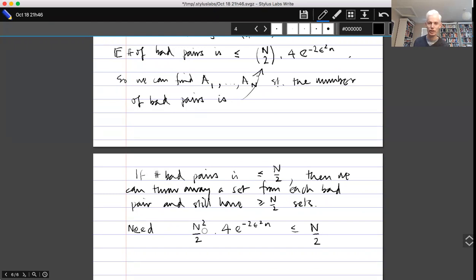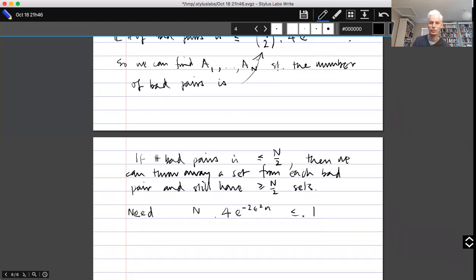So I'll cancel an n first of all, and I'll cancel this over 2. So I've got a 1 there. And so that tells us that perhaps this is OK if n is less than or equal to 1/4 times e to the 2 epsilon squared n,